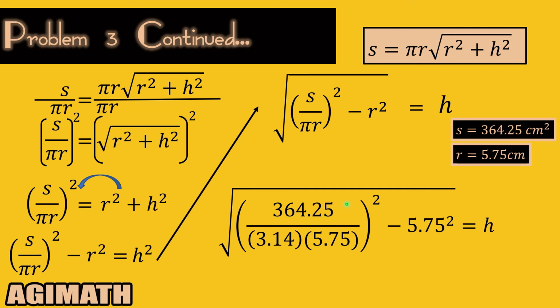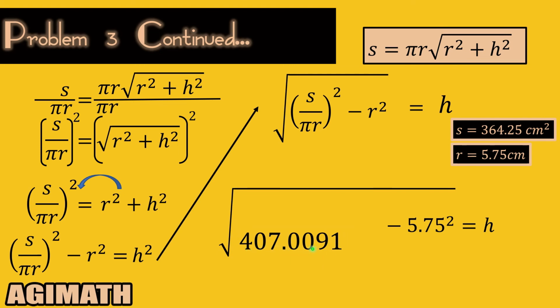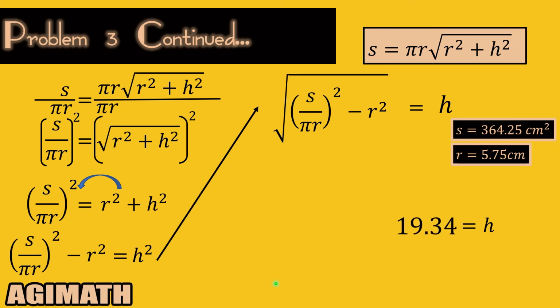To do this, because you are allowed to use a calculator, start with multiplying 3.14 and 5.75, and that is equal to 18.055. And to make our answers very near to accurate, we divide this one: 364.25 divided by 18.055, and then the answer, square it immediately using your calculator. So when I did that, I got the answer 407.0091 subtracted by 5.75 squared. That is equal to 33.0625. And then just simplify. We can subtract 407 by 33, so that is equal to 373.9466, and then perform the square root using your calculator, and that will give you